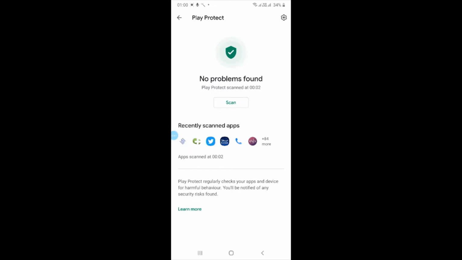Okay, now I will show how we can scan. You just need to click on scan. It will take a couple of minutes, and you can see that it is scanning in the background whether all the applications are safe or not. It shows scanning in progress. So just wait for a minute.